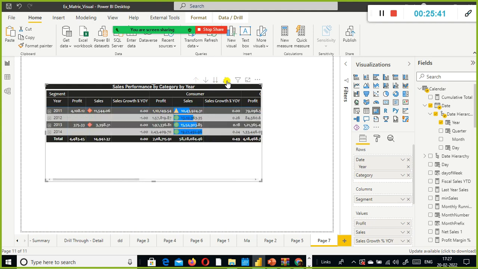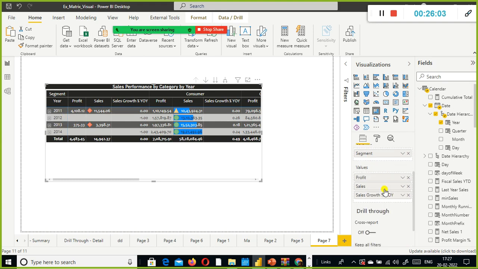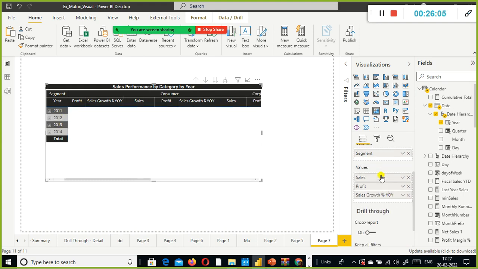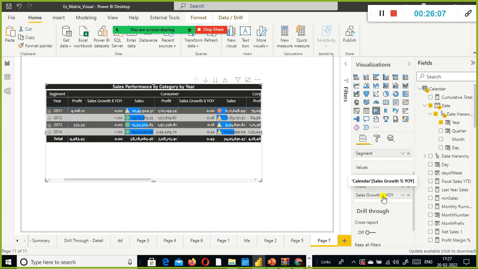Now this is drill up, this is drill down. These two icons for drill down. But what is the difference between these two? We will see it a little later. And also what this icon is all about, we will see that also. Okay, don't worry. So now we can see that, right? So year wise, 2011, 2012, 13, 14, and we can see the profit, sales. I just organize this one also. First we will put sales, and then profit, and then year on year sales growth percentage.